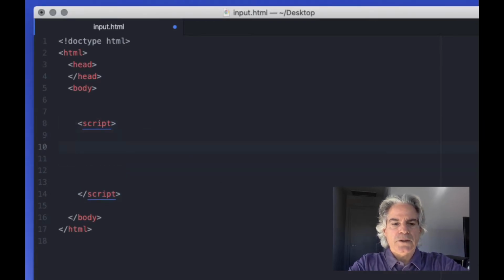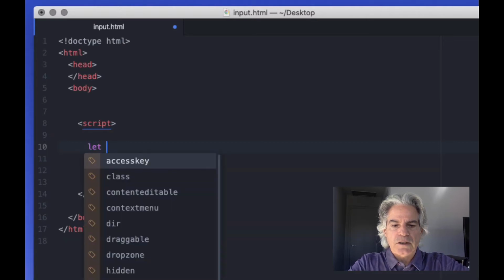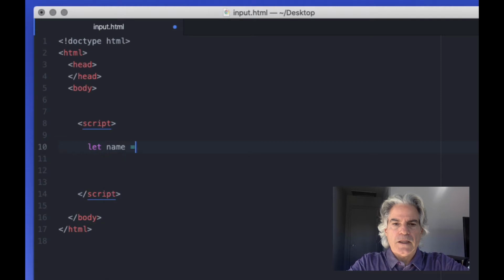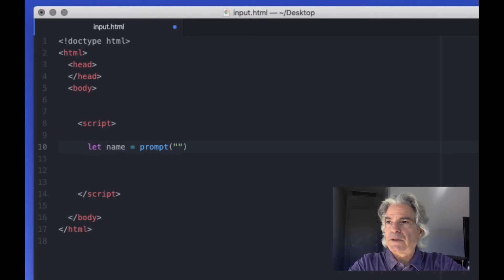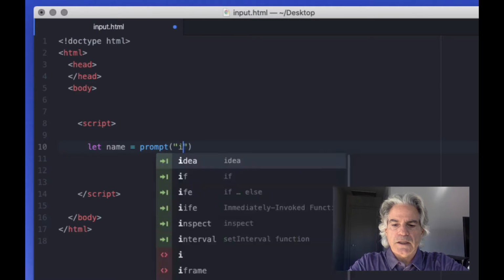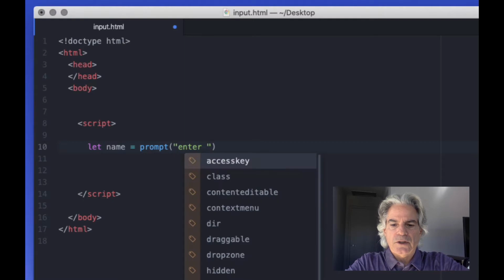Go ahead. The simplest way is by using something called prompt, but we're going to create a JavaScript variable to store some information here. So let's call it name equal prompt. With prompt, you can put some text in the prompt, like, I'm going to say enter your